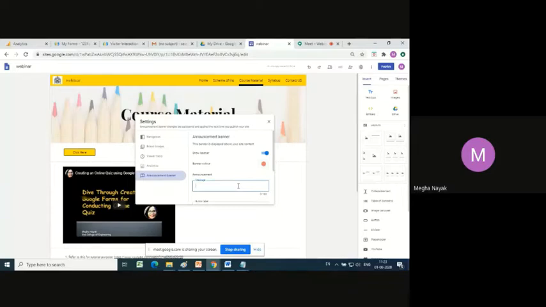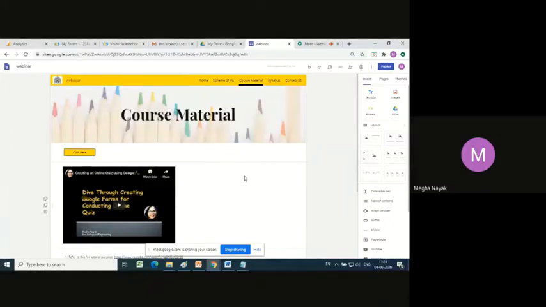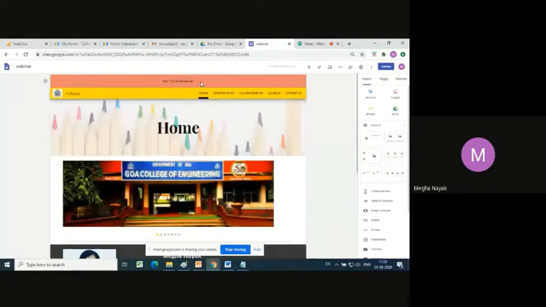Now here goes the message. Hey, this is the banner. All right. So now this banner can be set out as a button label. I don't want to do that. You can try it out later, and you can put a link for that button label. Now you're given an option of visibility, whether you want it only on the home page or whether you want it on all pages. So right now I will show you only the home page. Just click. This is not my home page, so it's not showing up here. My home page is this home. So it shows up over here.